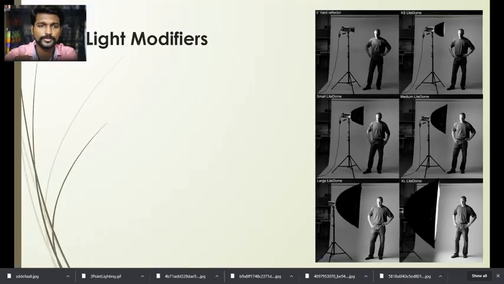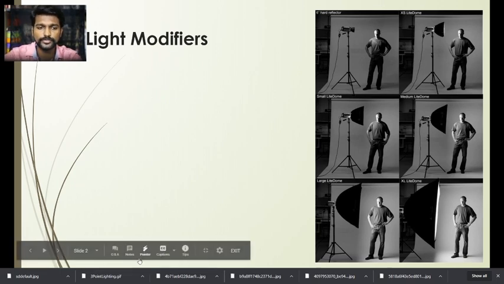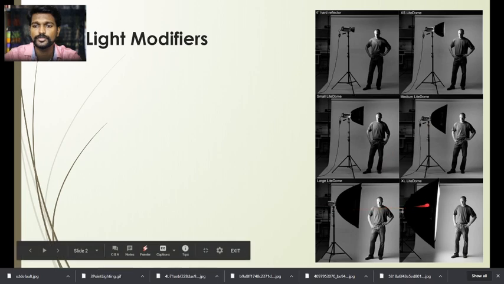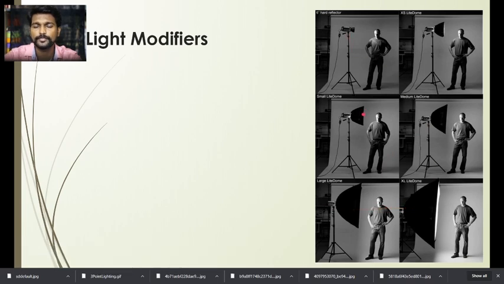Okay. Before we go into these types of lighting, we have to know what a modifier is. You can see examples of light modifiers here. See, this is a light. One source of light is used for all the lighting techniques, and different modifiers are used.